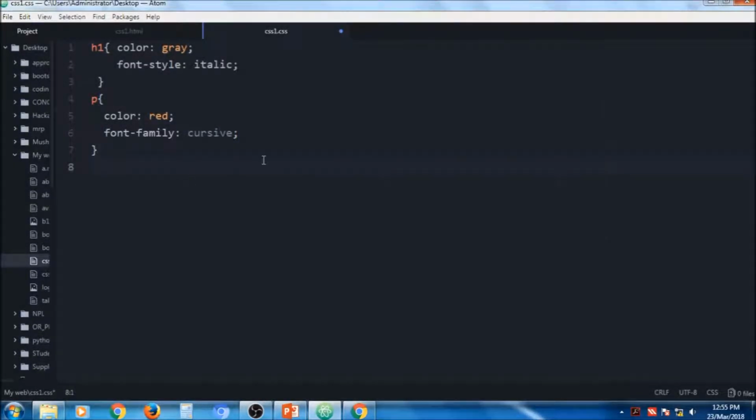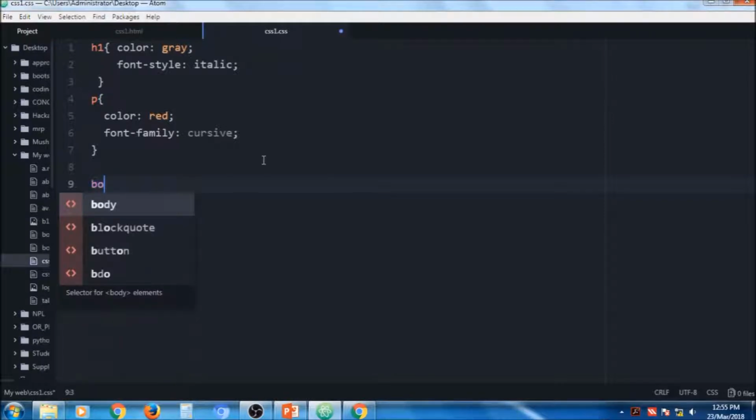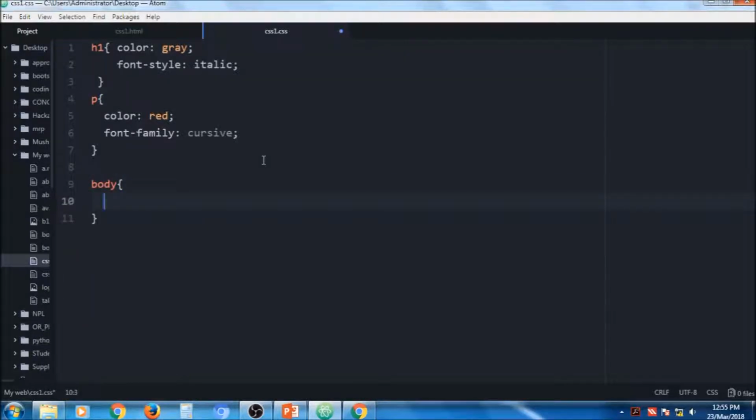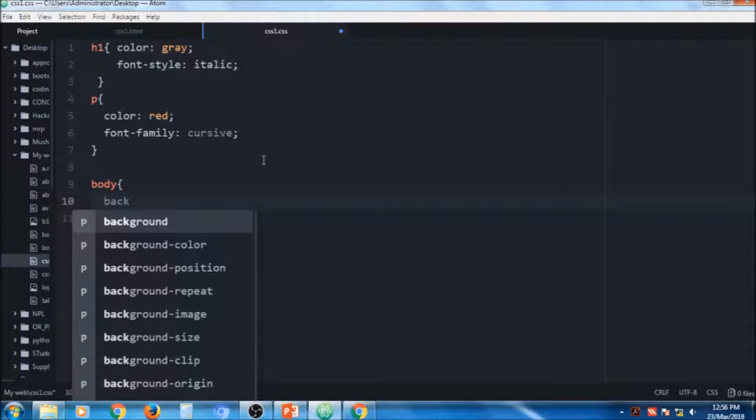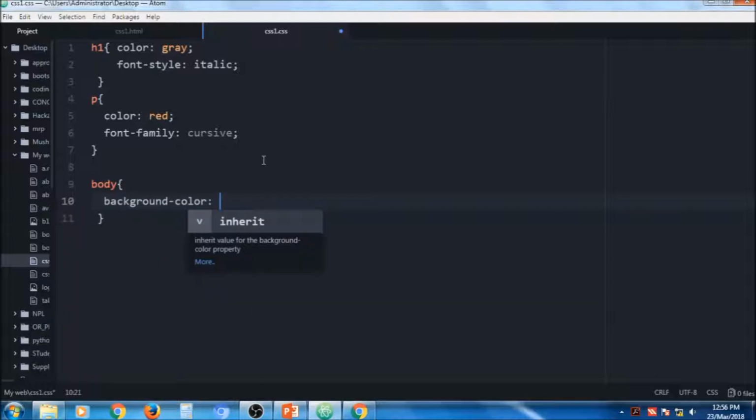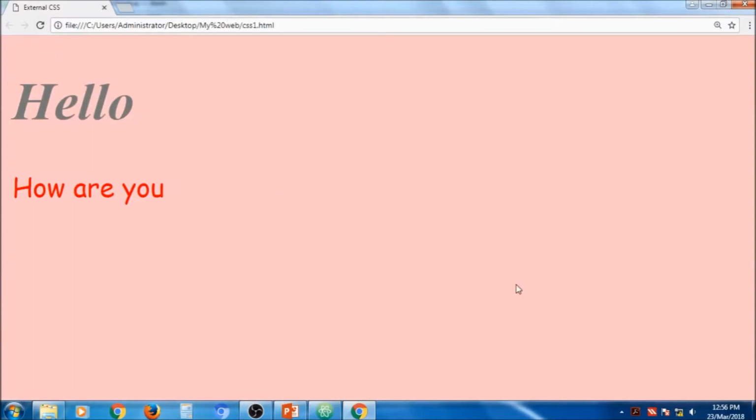Similarly, I can apply CSS for body. Body will have the background color. Apply background color. Suppose the background color is pink. Background color is pink. So whole